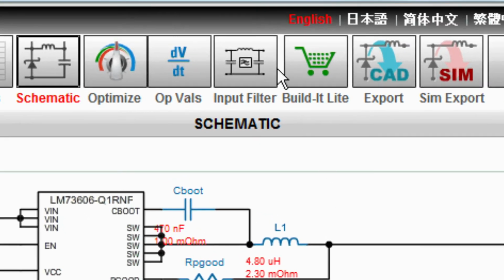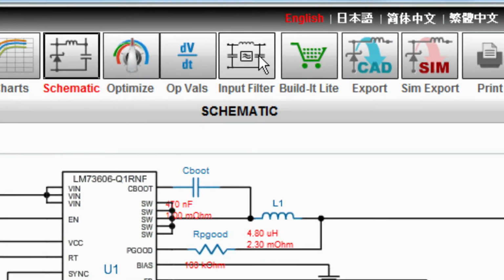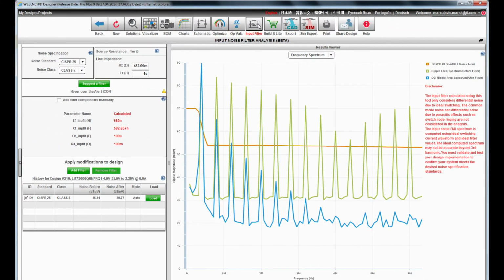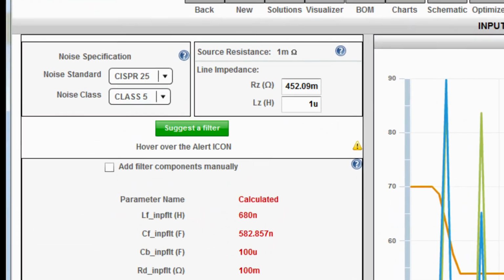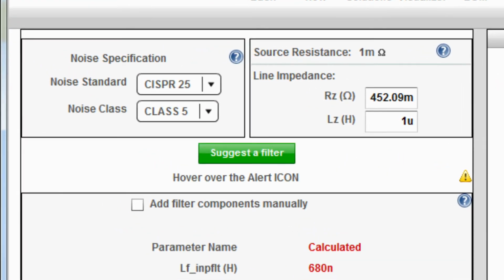And now what WebBench can do for us, if we click on the input filter tab. I want the design of the input filter for a CISPR25 class 5. But that's not the only kind of design we can do with this. If we look at the noise standard, I could also go to a CISPR22 design.